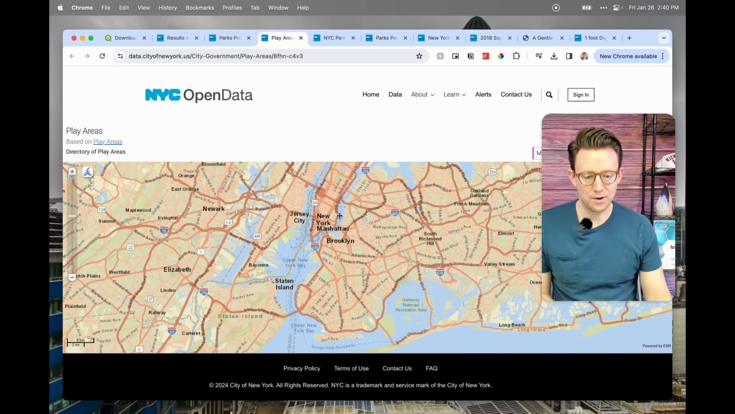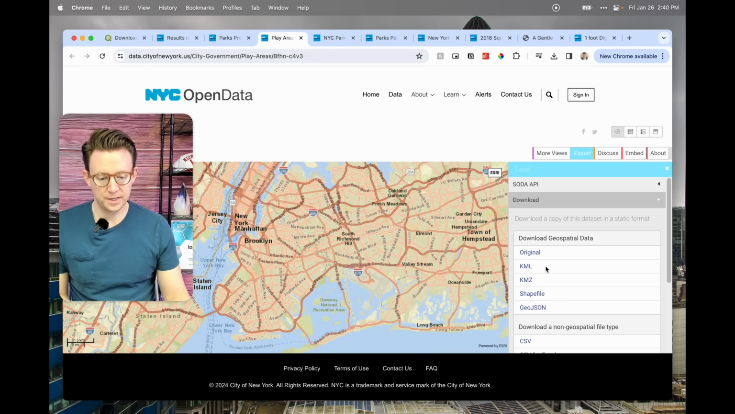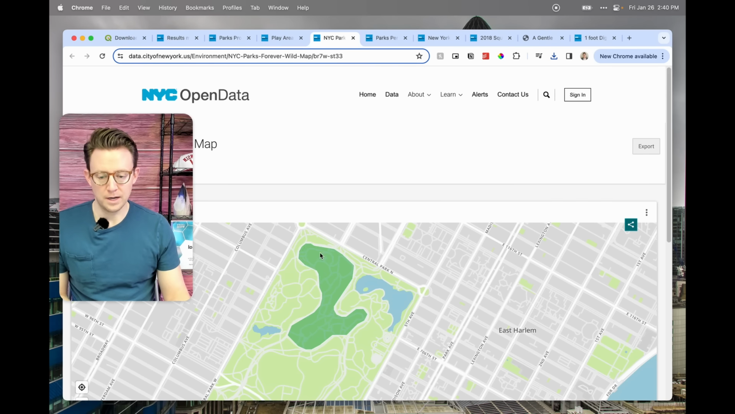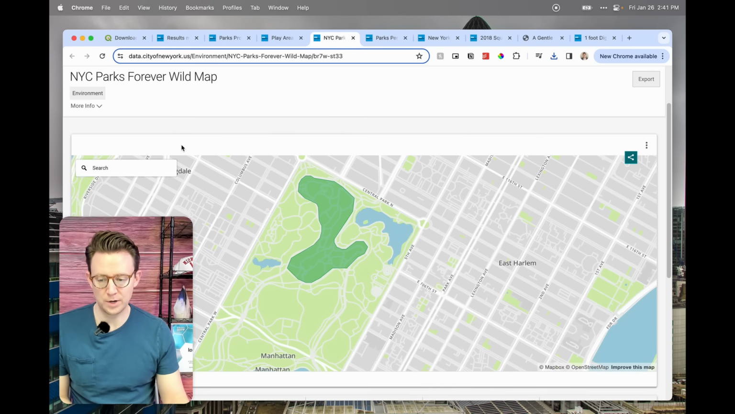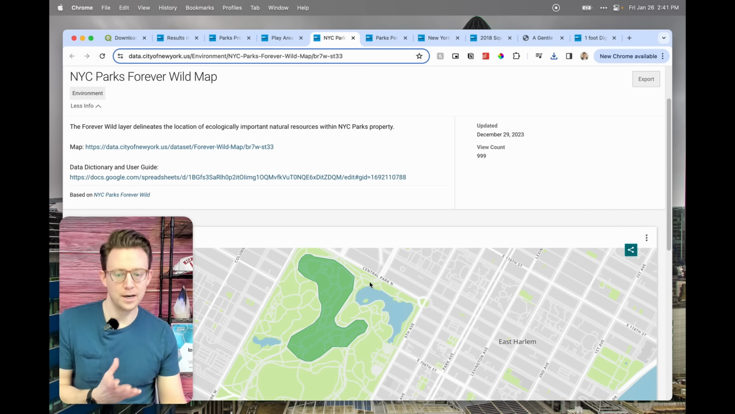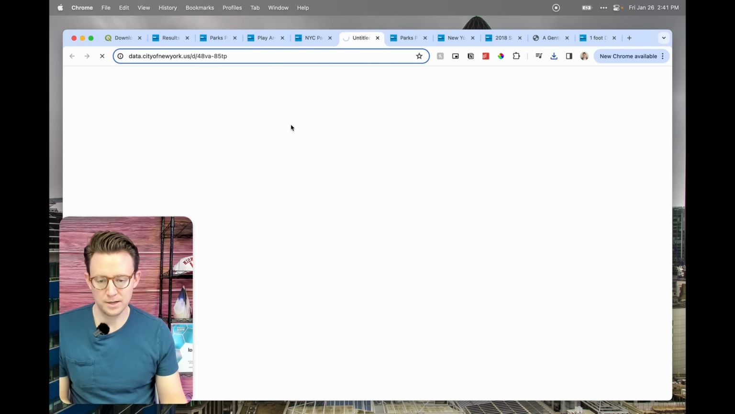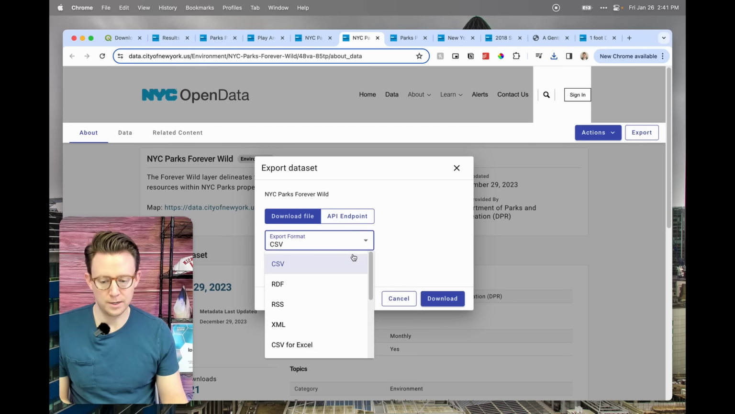These are playground areas if you want to use those. So this is a data set of playground areas. We'll go ahead and export this, and you can see here we'll get the GeoJSON view. Let's go ahead and do that again. So this layer is the NYC Parks Forever Wild map. These are ecologically important natural resources within the parks. These are very protected areas within the park. We can go ahead and do our double export here, open that up, and then hit export in GeoJSON once